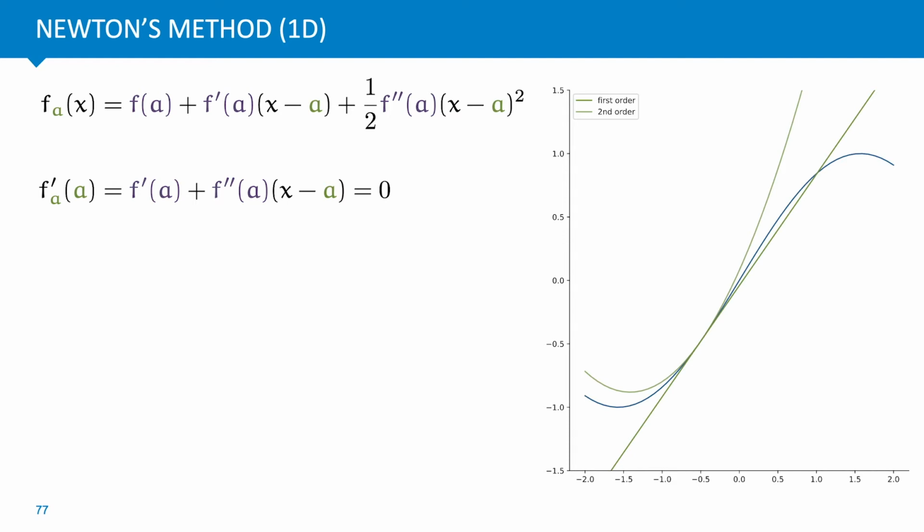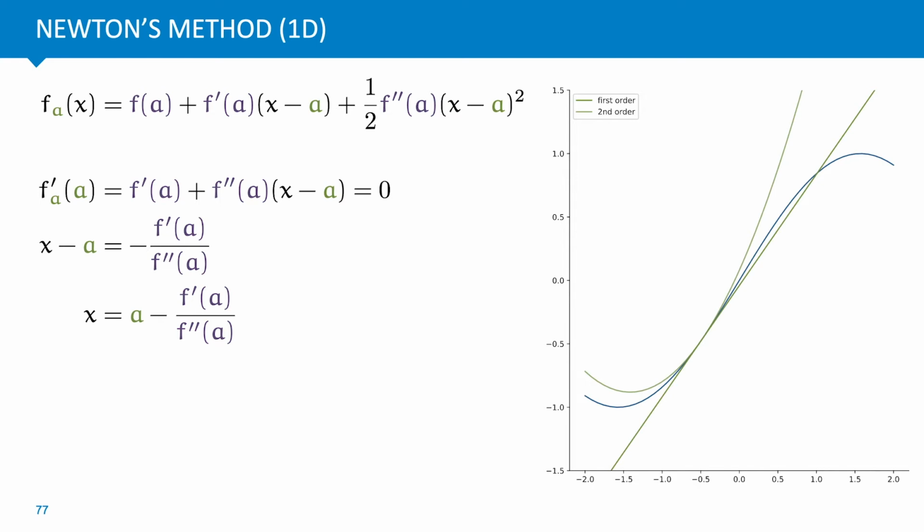We set the derivative equal to 0, and we rearrange. And one more step gives us that the derivative is 0 if x is equal to a minus the first derivative of f at a divided by the second derivative of f at a. So what does this tell us? Well, in a gradient descent setting,